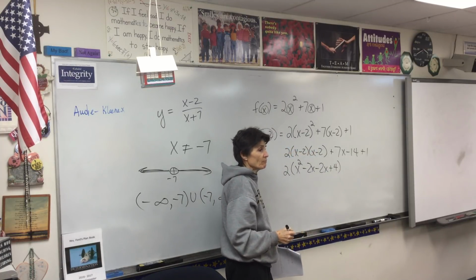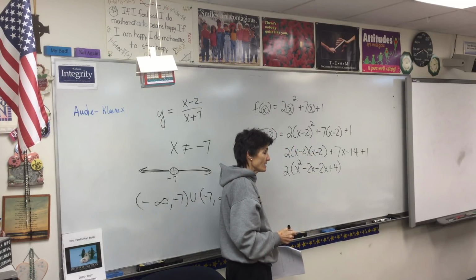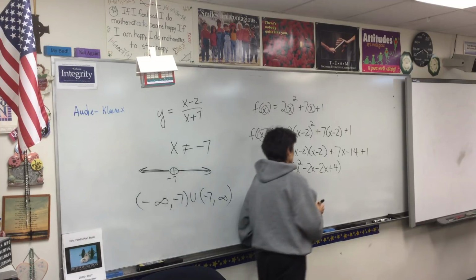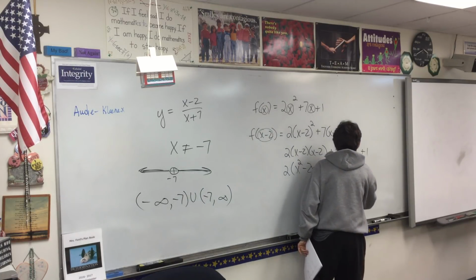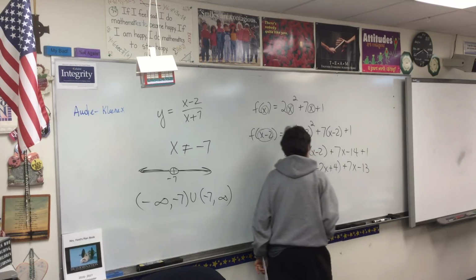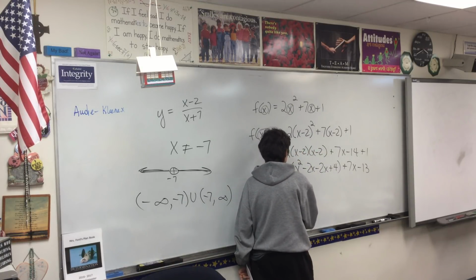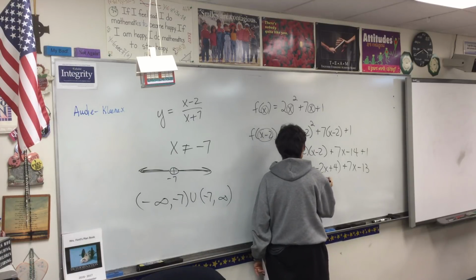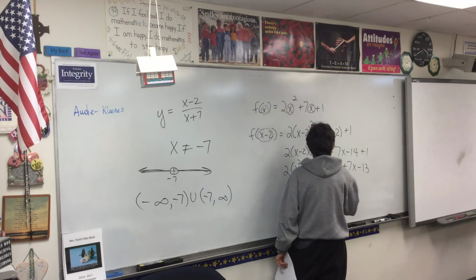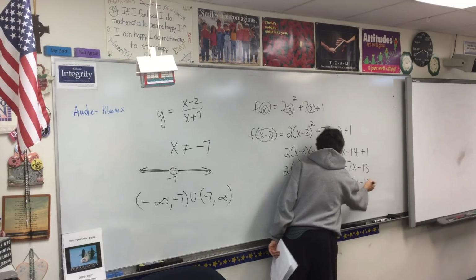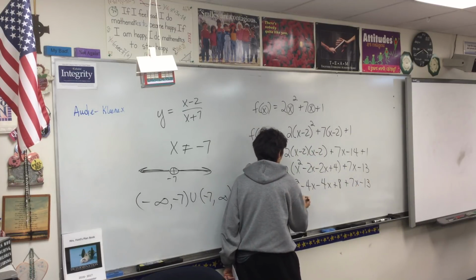Everybody in the room knows how to FOIL. First, outside, inside, last. Plus 7x minus 13 if I add those together. So 2x squared minus 4x minus 4x plus 8 plus 7x minus 13, collecting like terms, 2x squared